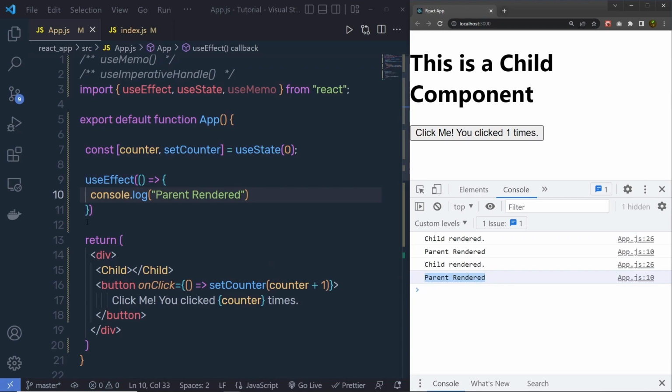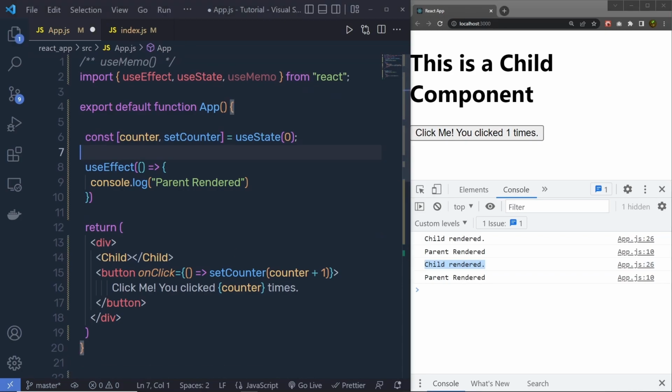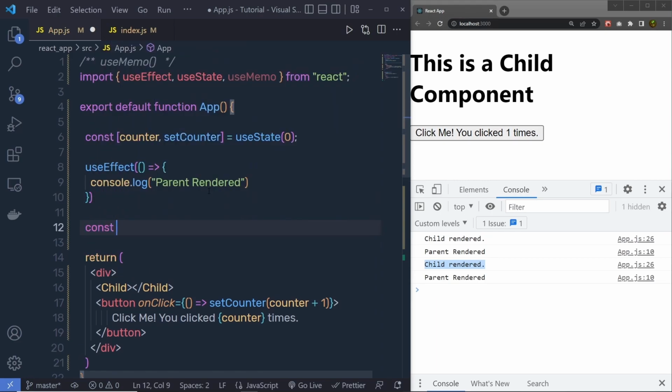But you can notice here, I'm just changing the value of the parent component. This will execute the child component unnecessarily. We can remove this unnecessary render from this parent component and boost the application performance. To do that, we can use useMemo. So I'm going to import useMemo inside these curly braces, and just down here, just out of this useEffect, I'm going to say const memoized is equal to